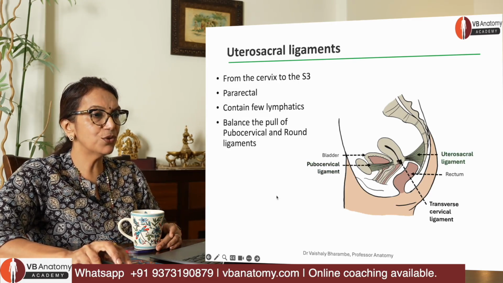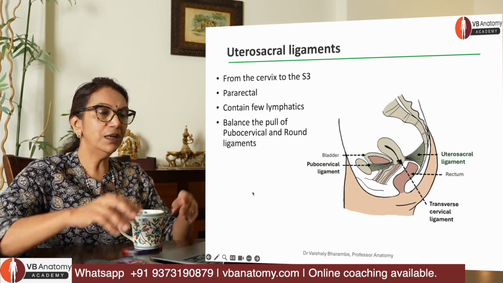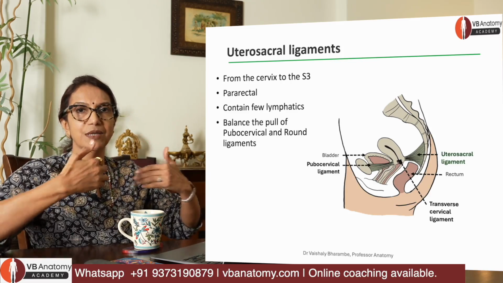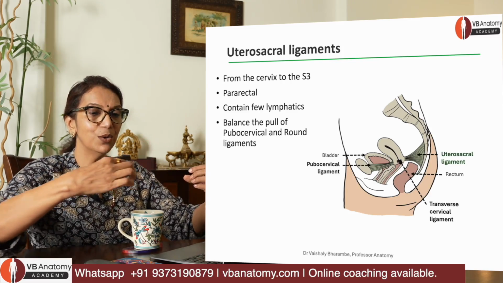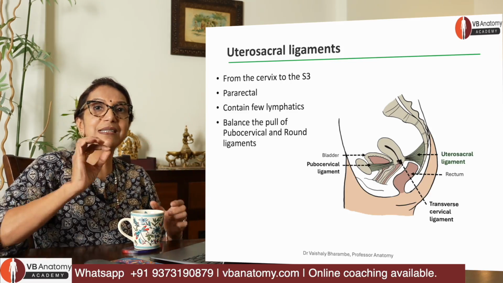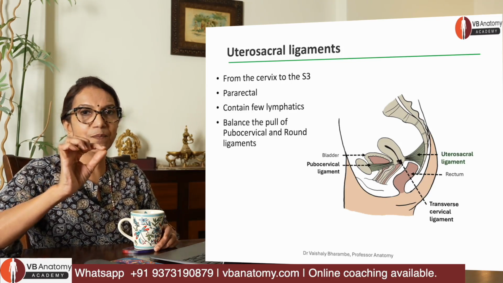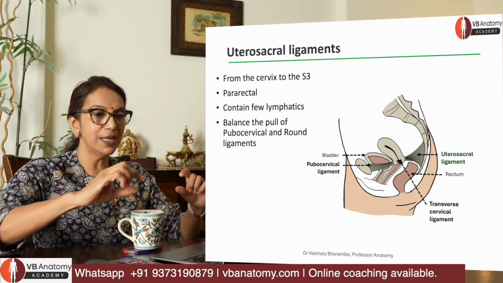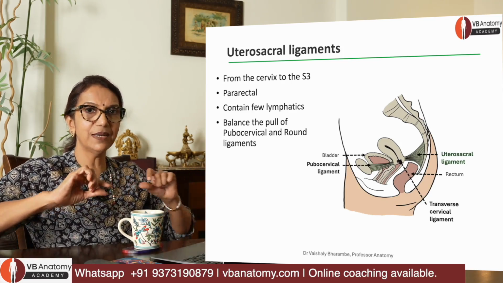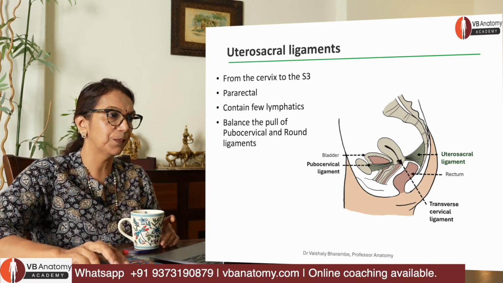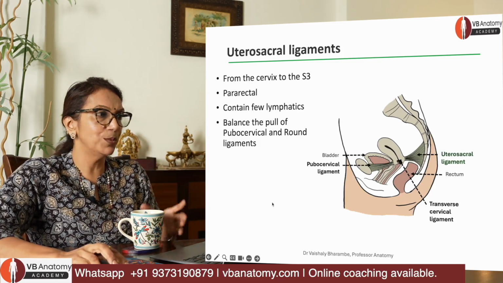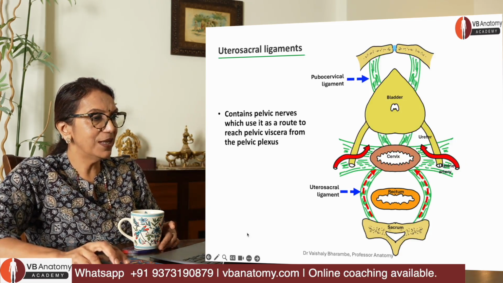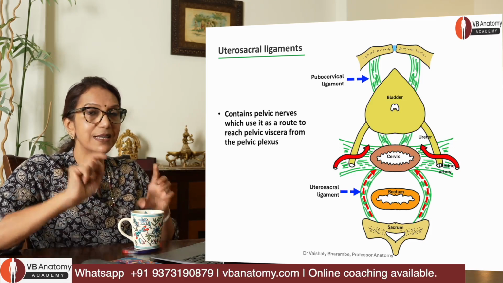So now here are the uterosacral ligaments. From the cervix, passing backwards, they have a pararectal course because the rectum is in the middle, right? So they go around the rectum and they get anchored to the S3 vertebra of the sacrum. Pararectal course, it's going to matter later, I'll tell you why. So just remember, they are there on 2 sides, on either side of the rectum, getting attached to the sacrum, balancing the pull of the pubocervical. Fine. So take a look at this image here. This is the way the uterosacrals are. You can see they are on either side of the rectum.